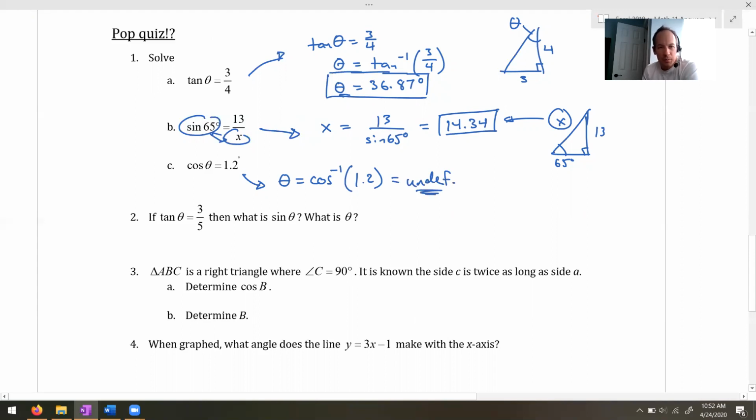The reason is very simple. This number here means a ratio. 1.2 is equal to the ratio of adjacent over hypotenuse because it's cosine. So this is kind of like saying that the adjacent is bigger than the hypotenuse. That's not possible. The biggest value cosine can ever be is 1, where the adjacent and the hypotenuse are the same size. But most of the time, the adjacent is shorter than the hypotenuse. So the ratio of them should be less than 1. Usually,